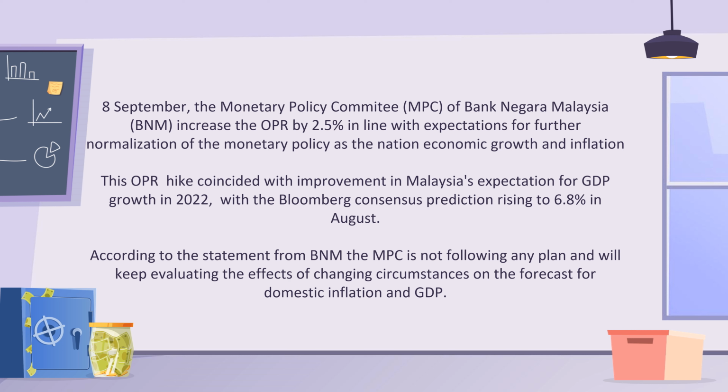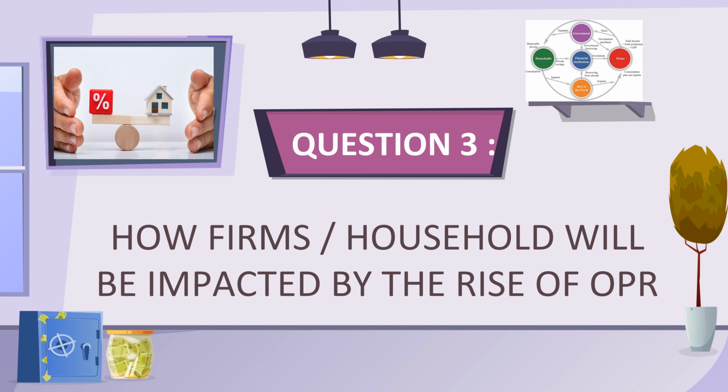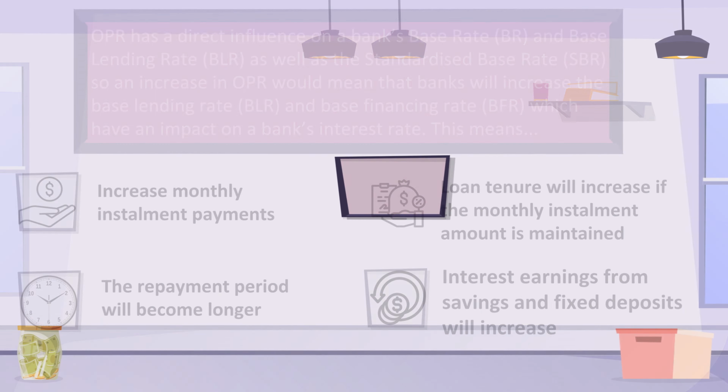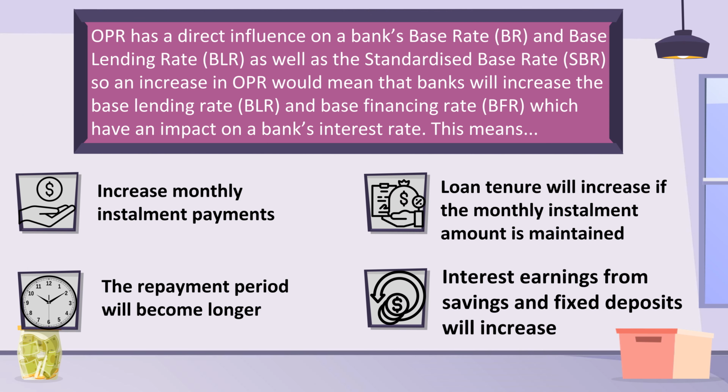Now, for the final question, question 3. How will firms or households be impacted by the rise of OPR? OPR has a direct influence on a bank's base rate (BR) and base lending rate (BLR) as well as the standardized base rate (SBR). So, an increase in OPR would mean that the banks will increase the base lending rate (BLR) and base financing rate (BFR)